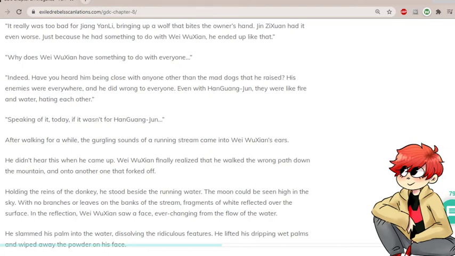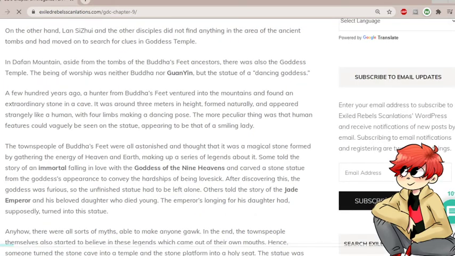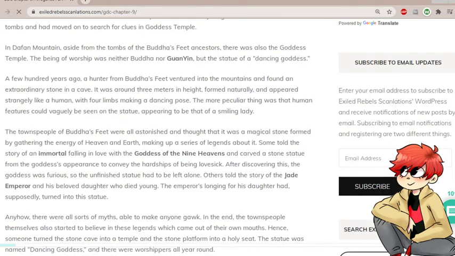The townspeople of Buddha's feet were all astonished and thought that it was a magical stone formed by gathering the energy of heaven and earth, making up a series of legends about it. Some told the story of an immortal falling in love with the goddess of the 9 heavens, and carved a stone statue from the goddess's appearance to convey the hardships of being lovesick. After discovering this, the goddess was furious, so the unfinished statue had to be left alone. Others told the story of the Jade Emperor and his beloved daughter who died young. The emperor, longing for his daughter, had supposedly turned into this statue. Anyhow, there were all sorts of myths able to make anyone gawk. In the end, the townspeople themselves had also started to believe these legends, which came out of their own mouths. Hence, someone started to...